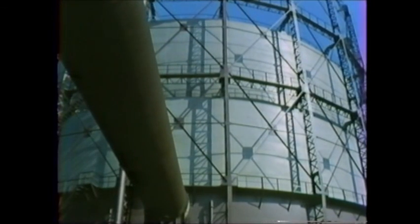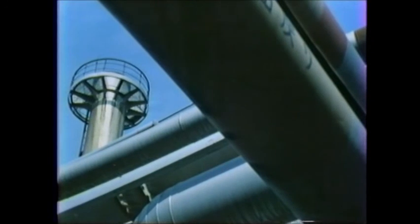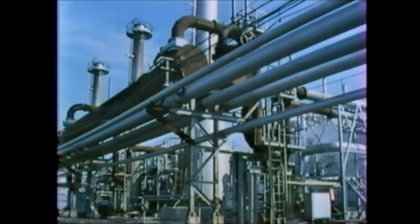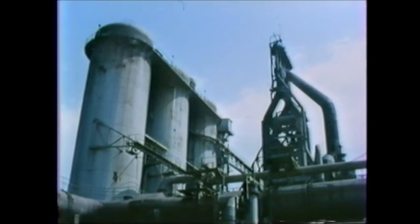The calorific value of the recovered gas ranges between 2,000 and 2,300 kilocalories per normal cubic meter, or from 213 to 244 British thermal units per standard cubic foot. The OG gas can be extensively employed as fuel. It is an excellent fuel for boilers, for hot stoves,